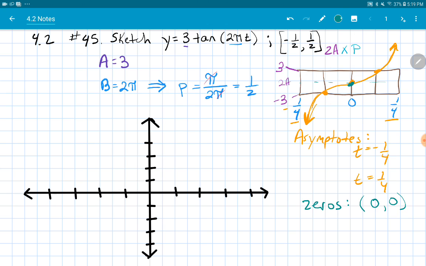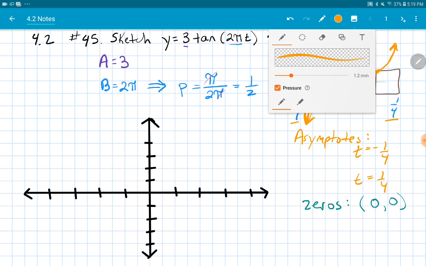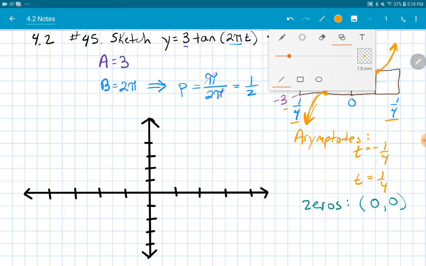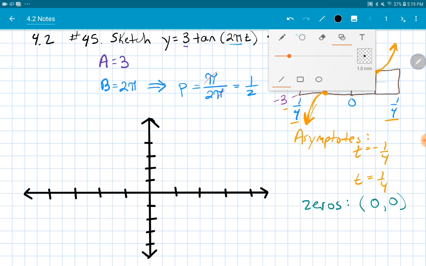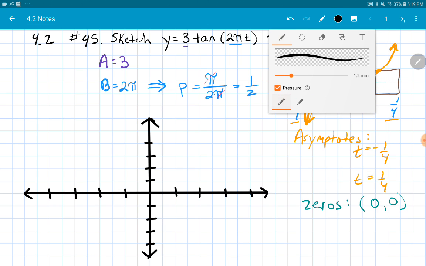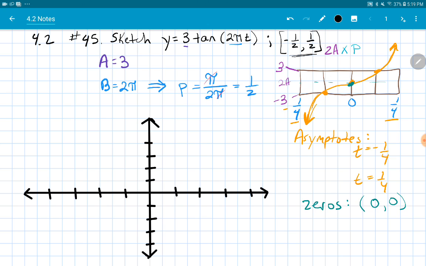We got our asymptotes in orange at -1/4. Oh, we got to label our axis, huh? That, like I said before, is sometimes the hardest part. So let's look at our interval. It's going to be from -1/2 to 1/2. But I want to make it so that I can count by 4s easily,